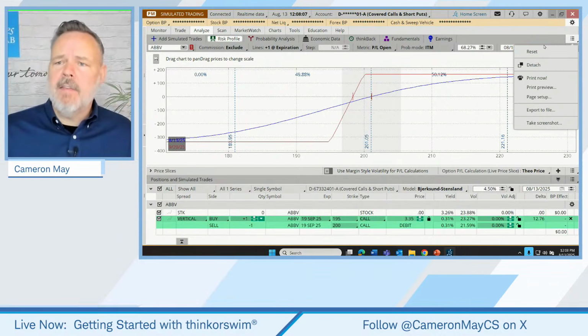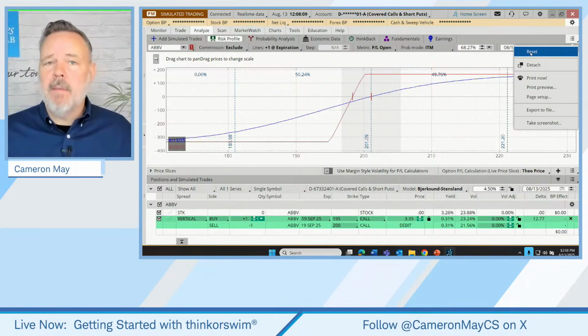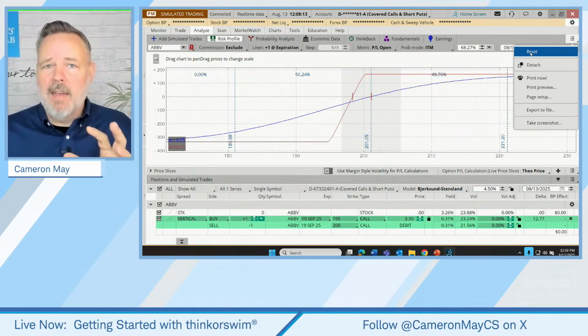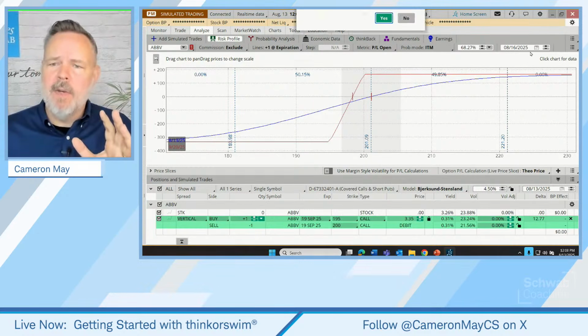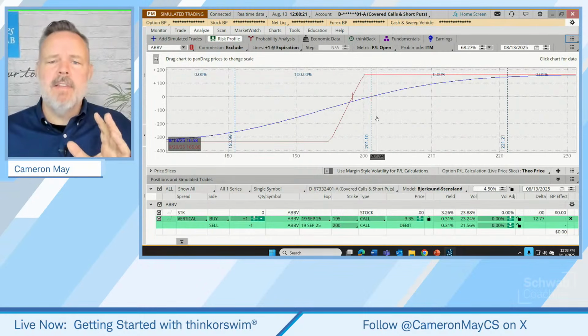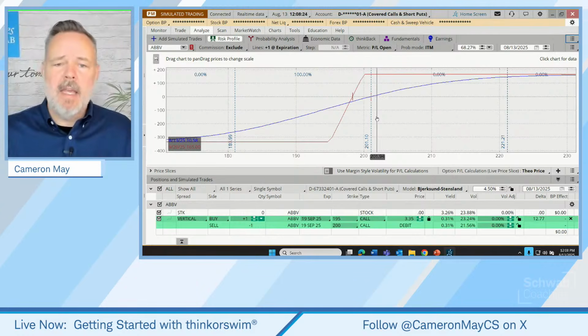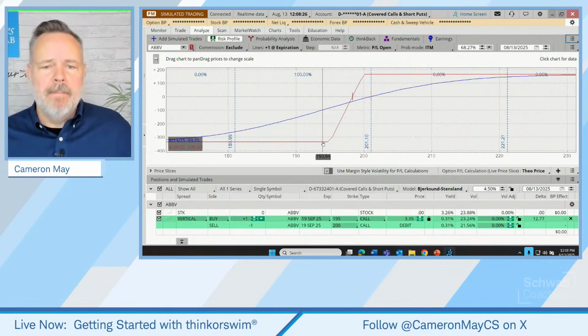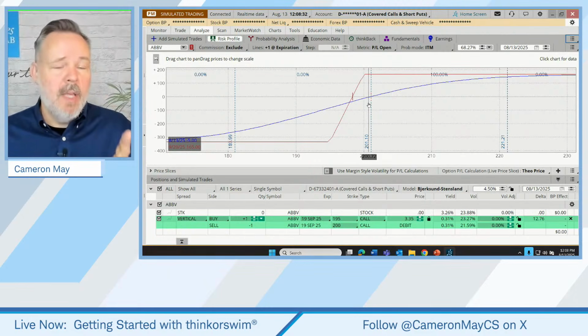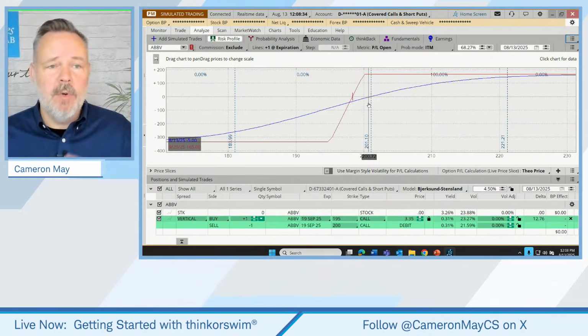Okay. Now, if you're not seeing the default, you can just come right up here, because some people get in here and they play around. They get things sort of out of whack, and then they are worried that they've broken something. No, we can just hit reset. It'll ask us, are we sure that we want to do this? And it just resets everything back to its defaults. Okay. So in any case, I'll talk about these profit or loss lines in just a moment, but I do want to show even our veteran users of this tool, here's a little function that sometimes gets overlooked.